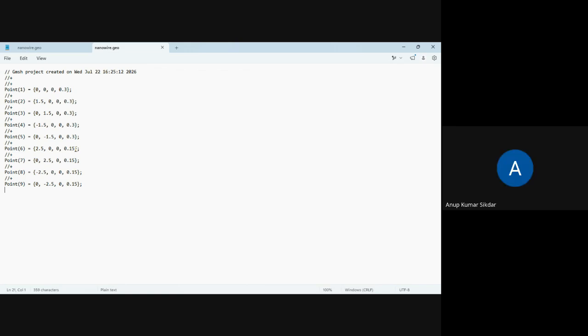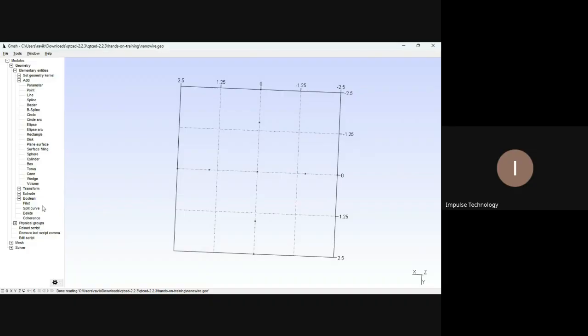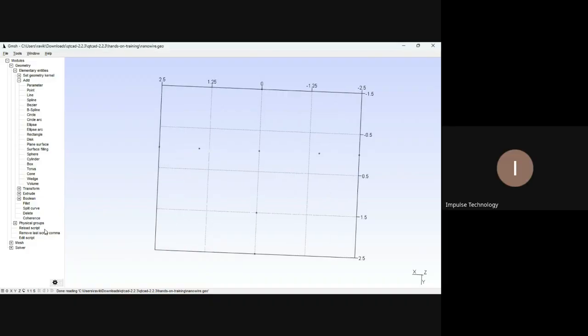One more thing. If I add one extra point, how can I remove that from this notepad itself? You can remove it from here, like point 9. If I remove this, then how to reload it? Press Control S, and here you can see the reload script option. Reload script, and you can see it removed the 2.5 here. If I want to add again,